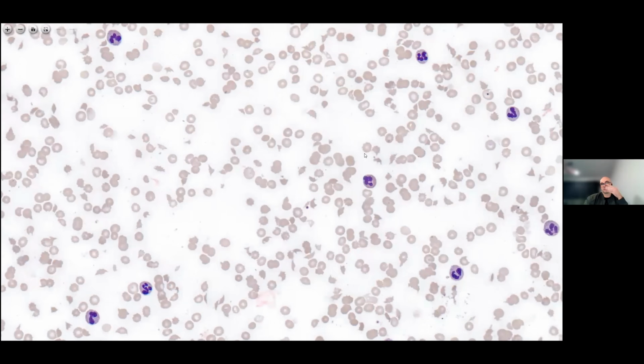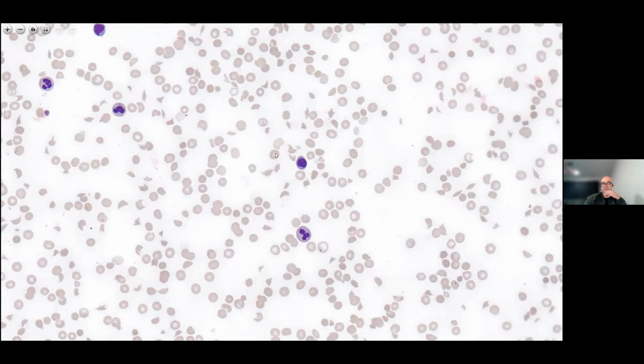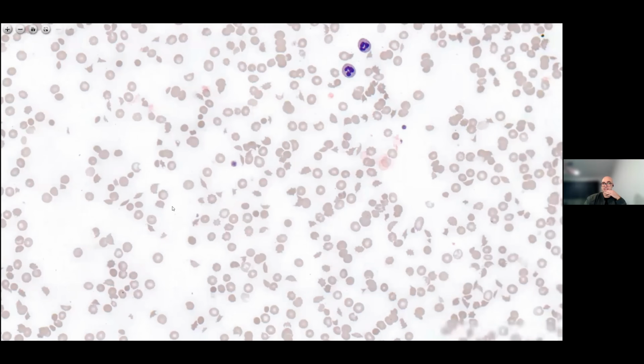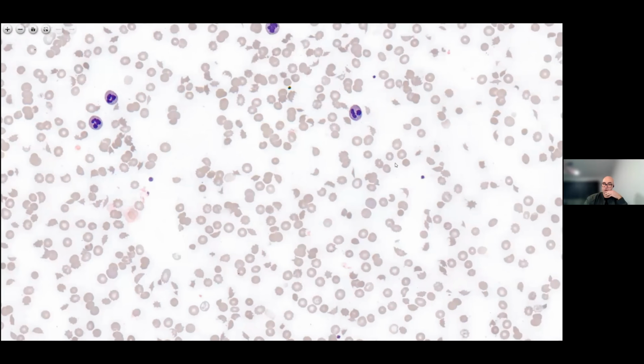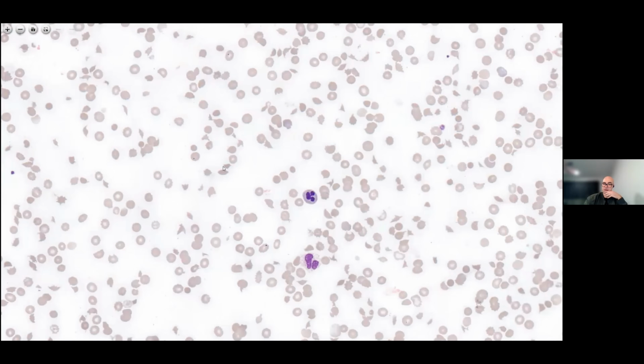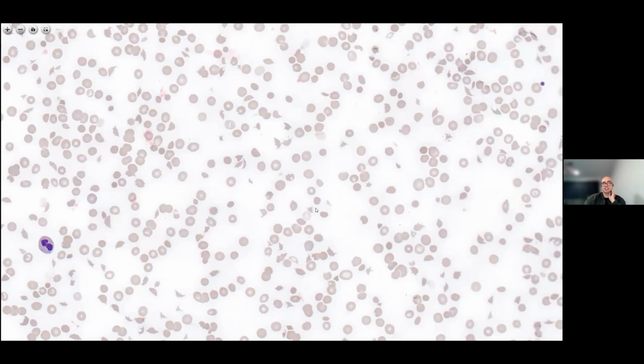And I'm not going to do a manual differential because that'd be a little bit awkward and difficult, but it looks to me like about 80%, like 4 out of 5, maybe a little bit more, of the white cells are mature neutrophils. So it's pretty safe to say that this patient has a normal neutrophil count, where a neutropenia would be something